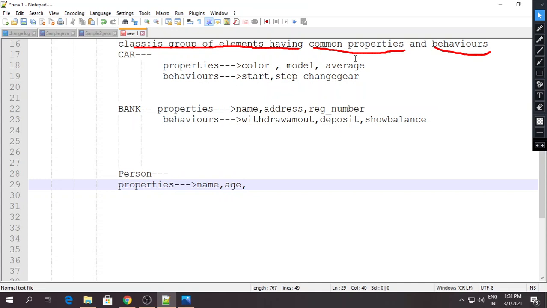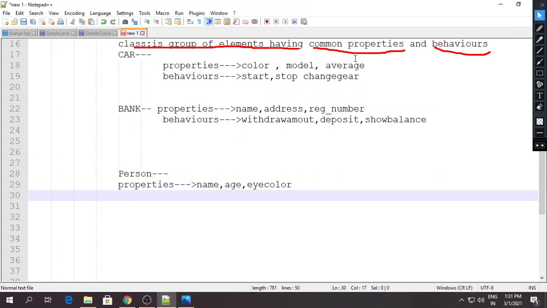Then, for example, eye color of the person, hair color of the person. You can consider a number of examples. These are the properties of the person, and now the behavior of the person. Every person has a behavior like talk, walk, then sleep. There are a number of behaviors.